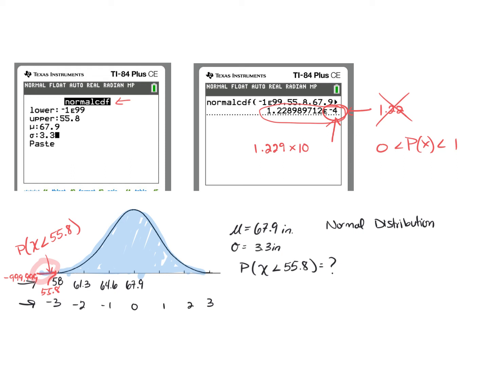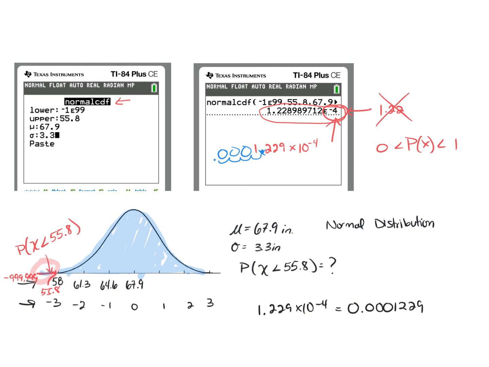Your calculator uses e instead of times 10 to the power. If you've got that 10 raised to a negative number, that means take your decimal and move it 1, 2, 3, 4 places to the left, and that gives you the value of that number. So 1.229 times 10 to the -4th is the same as